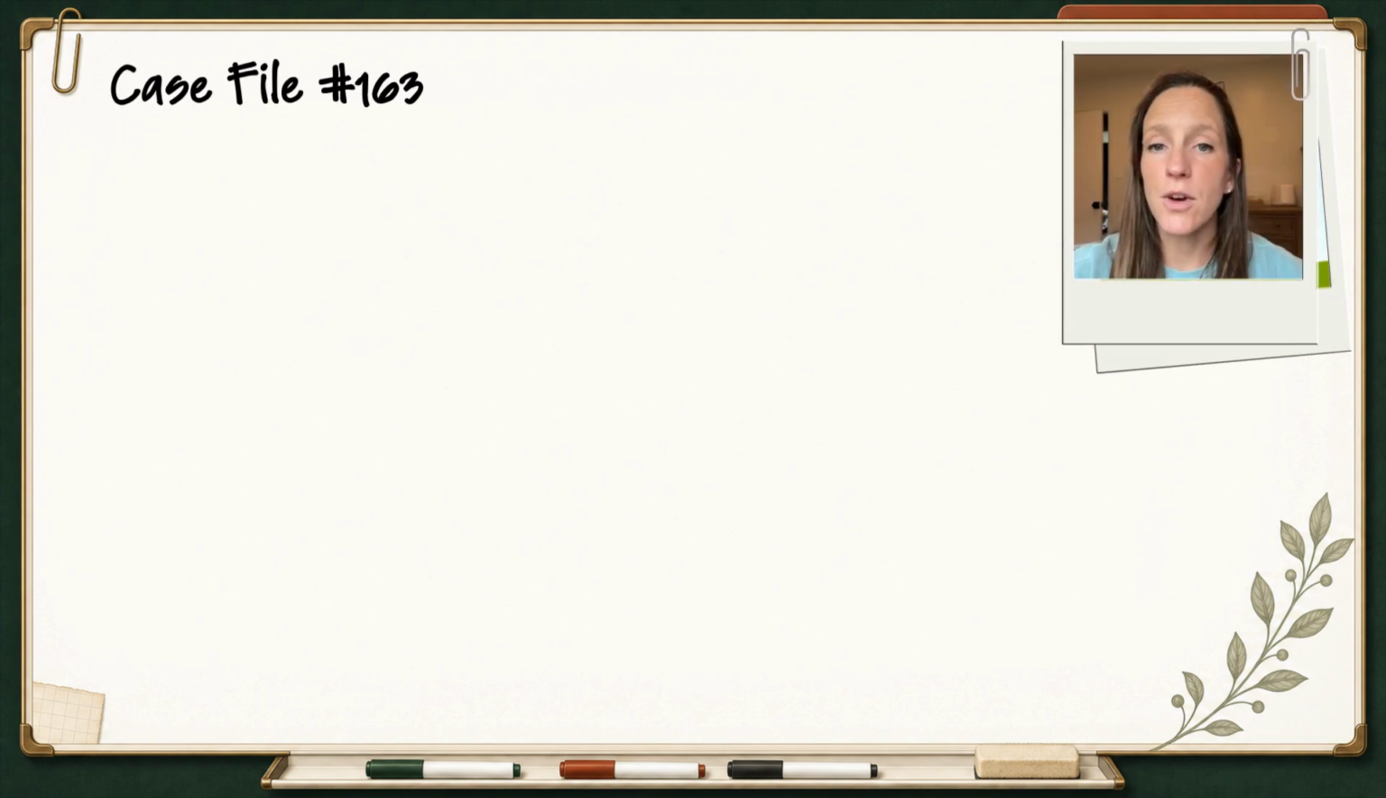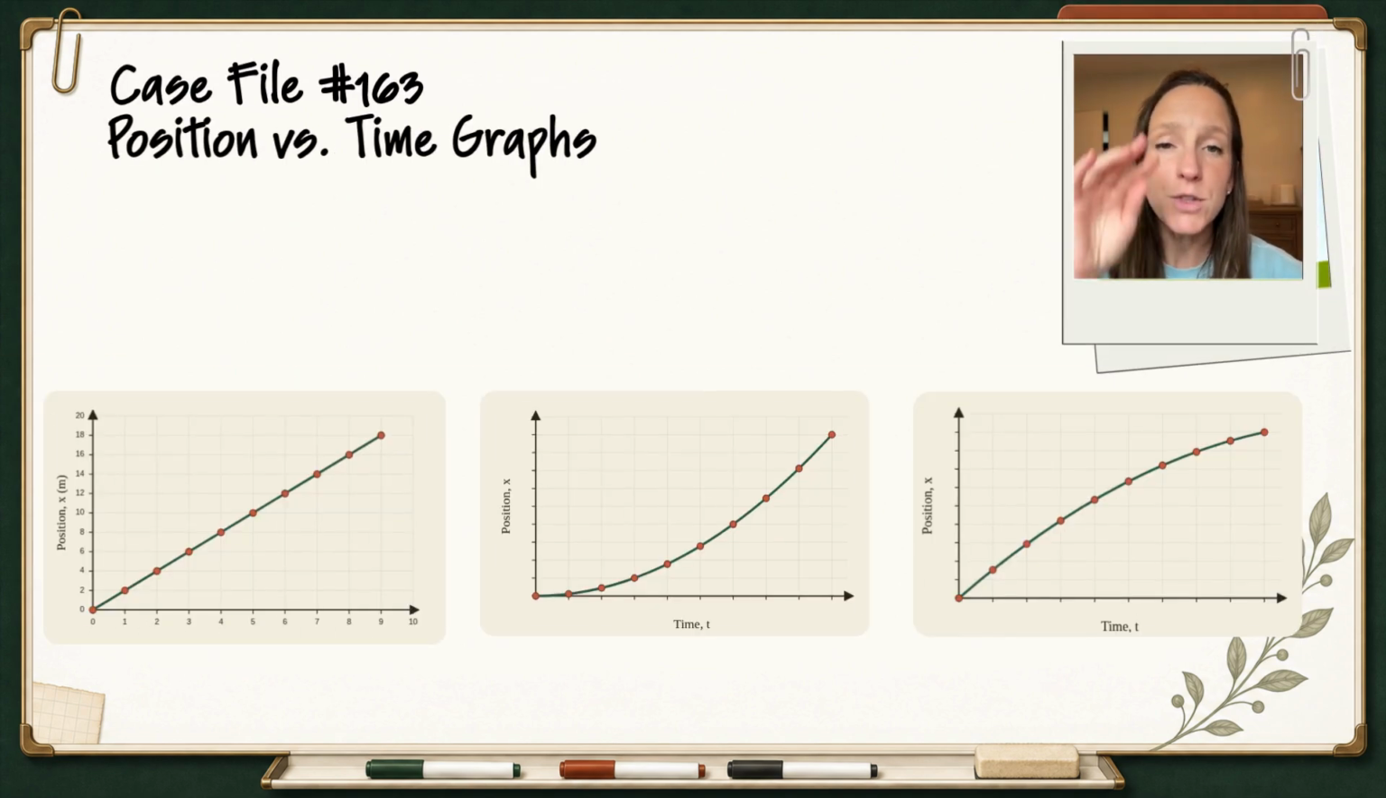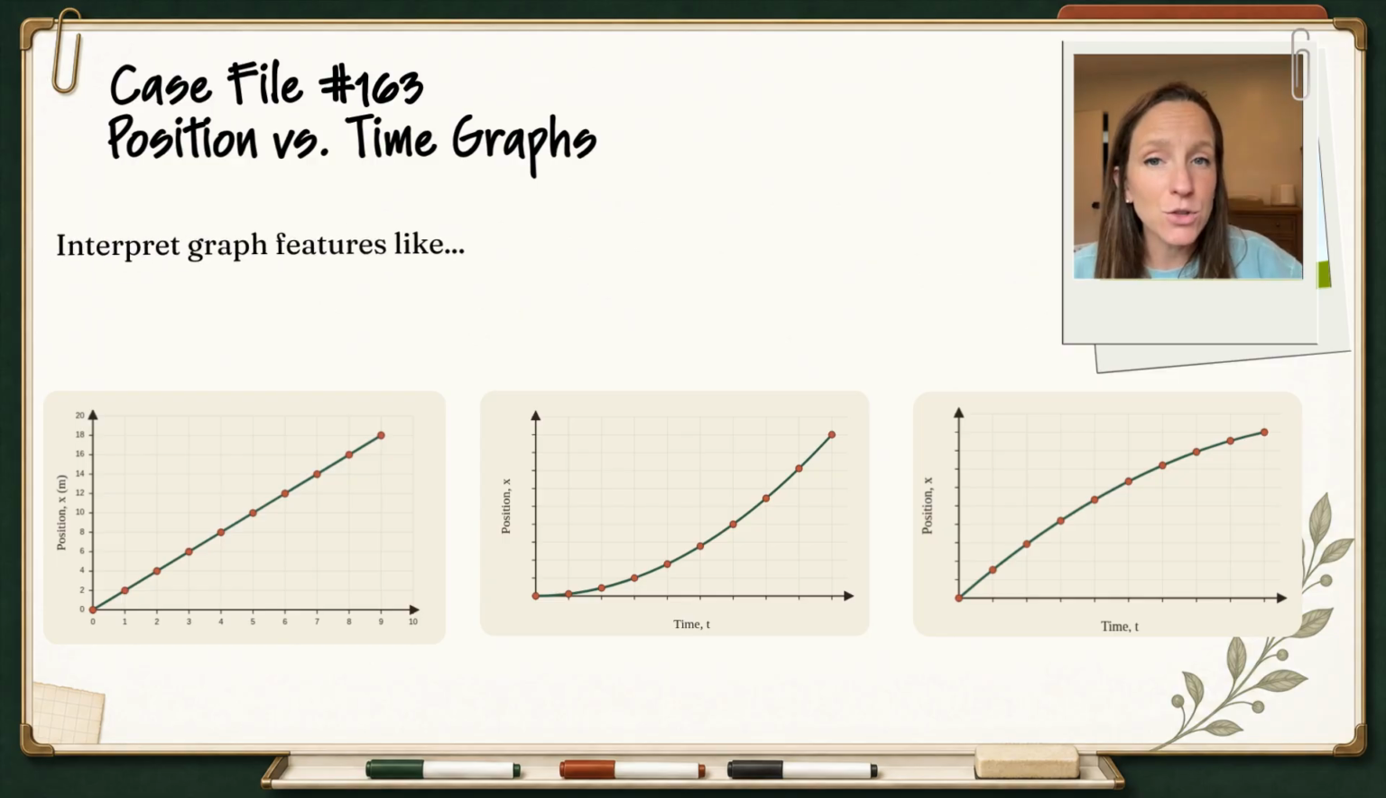So take a look at these three graphs. Between the three of them, can you tell which object is moving the fastest, which one is speeding up, which one's slowing down? If you're not sure, that's what I'm going to teach you in this lesson. Today, we're talking all about kinematics graphs, specifically position versus time, and how to interpret different features of this graph,